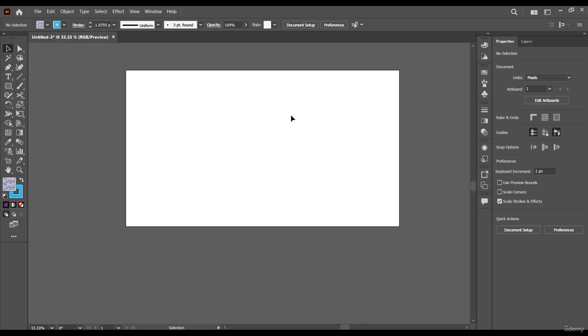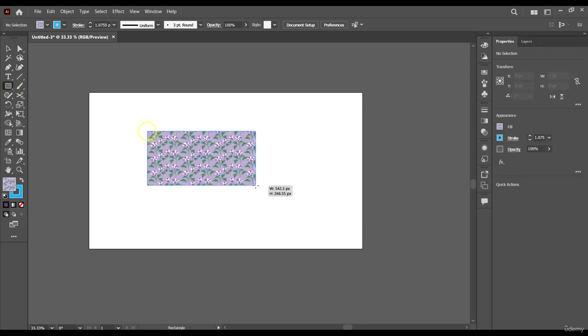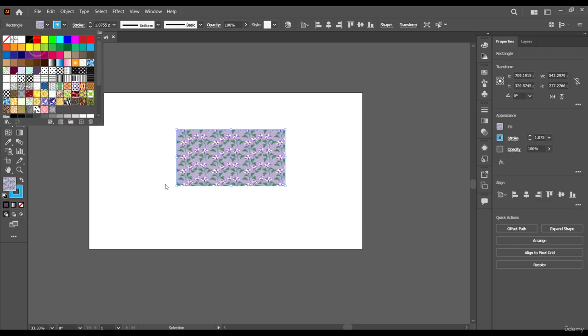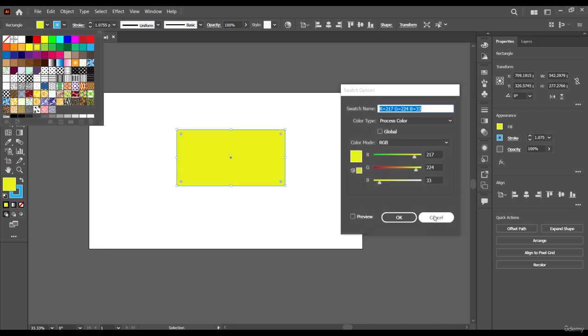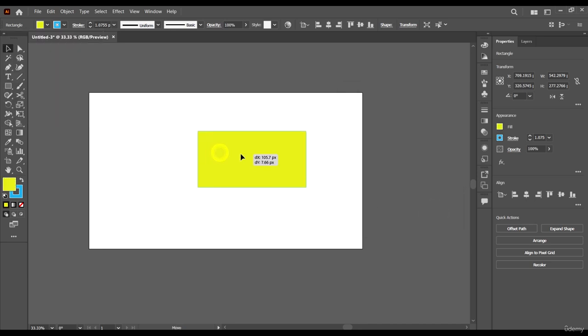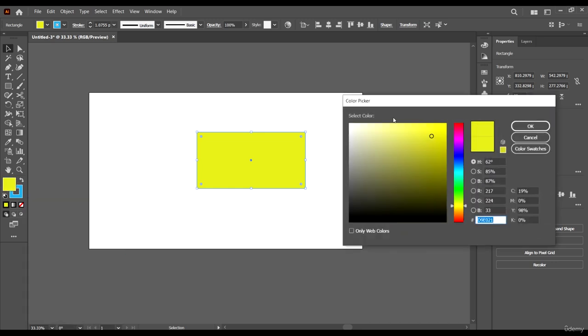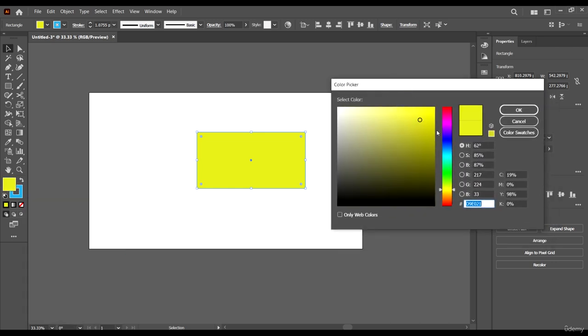Perfect. Now we're going to be looking at the color picker, and I know it's very simple stuff, but we're going to be looking at it anyways. So select the shape and just come here, and this is the color picker. So when you double click, we see that the color picker comes up, and you can immediately just change color,